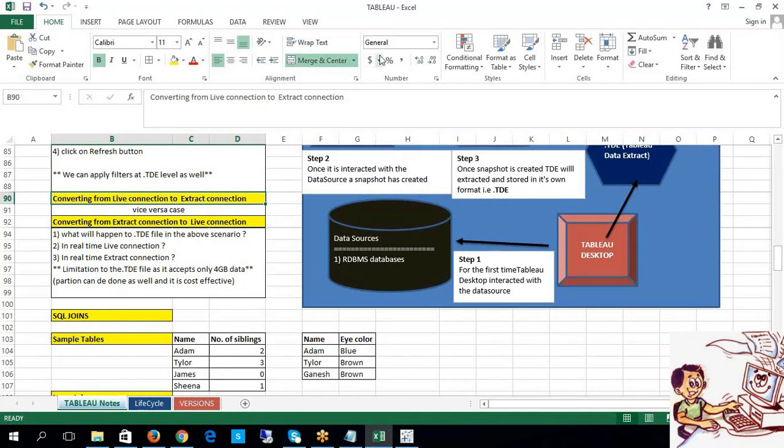Any questions so far? Now I'm going to touch base on how to convert a live connection into extract. That is what I'm going to show you right away.